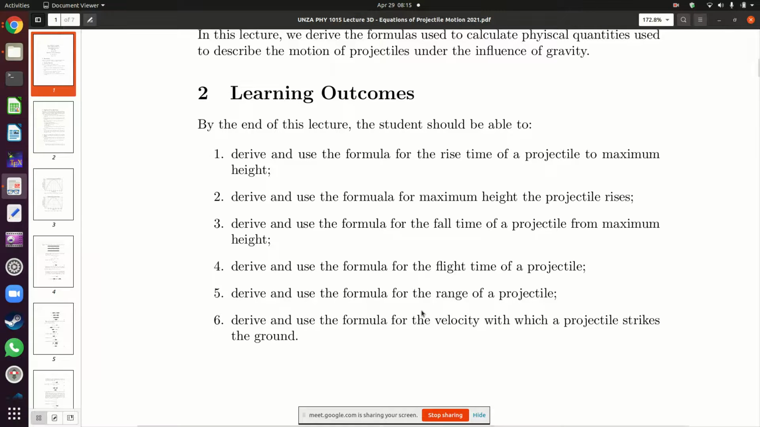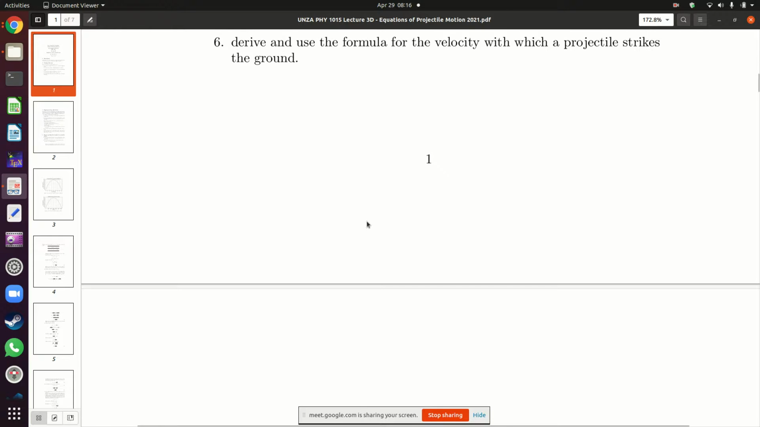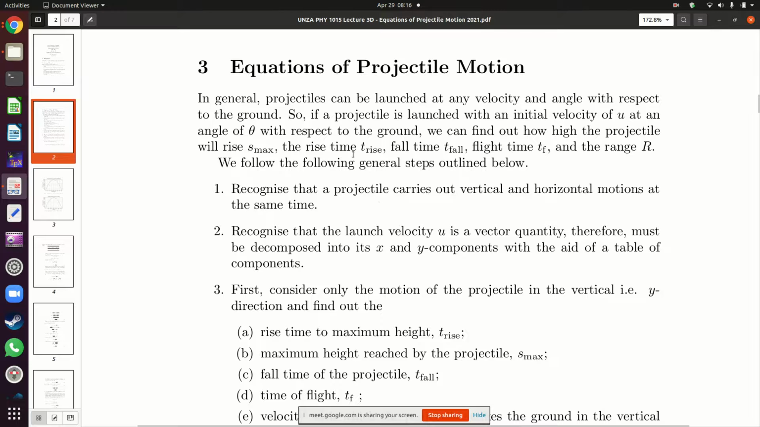These formulas which we come up with, they use only two things. They use the velocity with which the projectile is launched and the angle at which the projectile is launched. So basically, that's all is needed. What is needed is only the velocity with which the projectile goes up and the angle at which the projectile goes up. Okay. So the first thing we're going to do is, of course, recognize that a projectile moves in